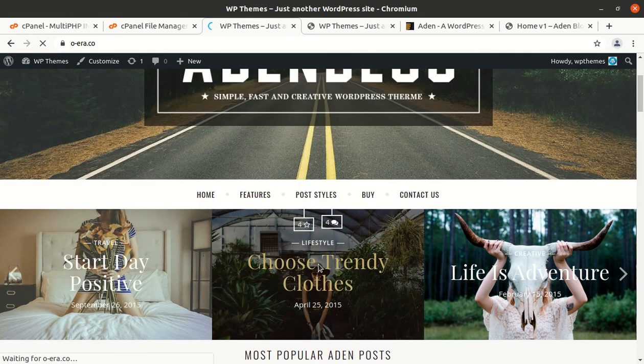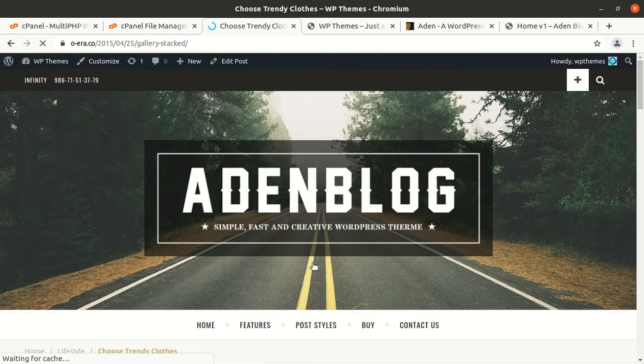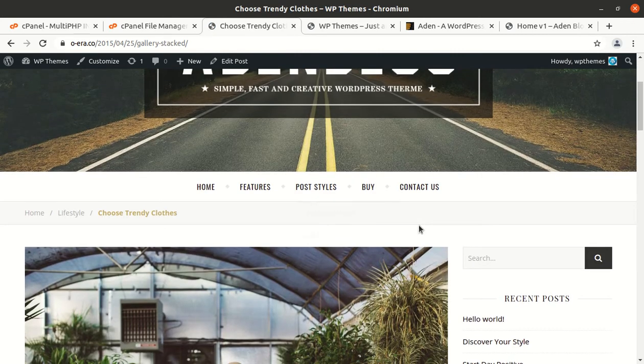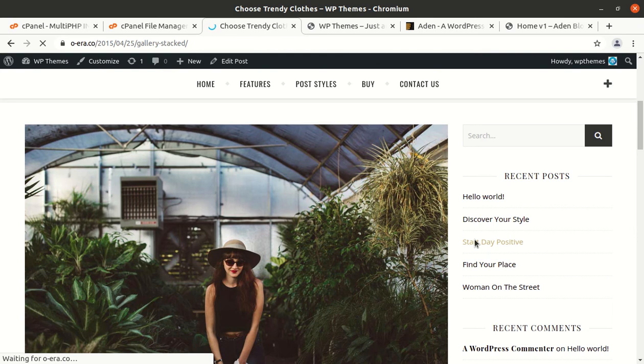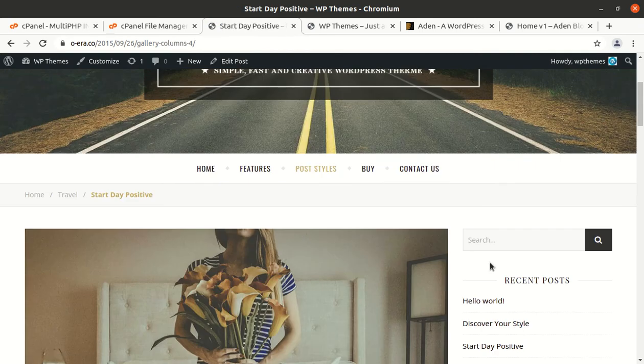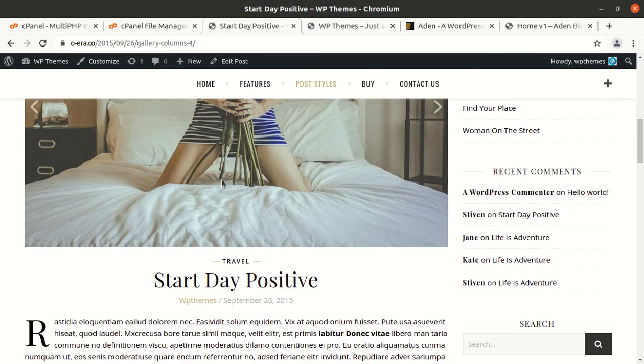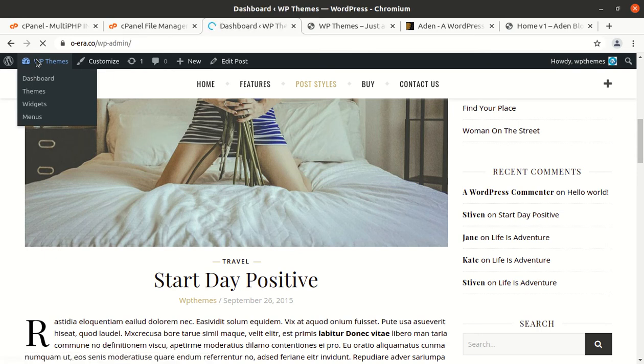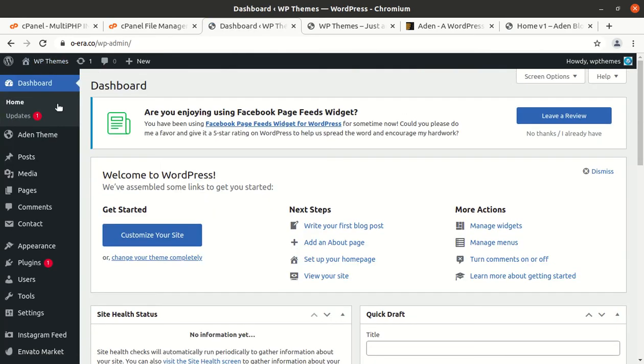So it is good, of course. As I said, this is a very fast loading blog theme, and it is loading in seconds, blazing fast speed, of course. Now I'll show you the theme panel, the theme options, to see if anything additional is available there.